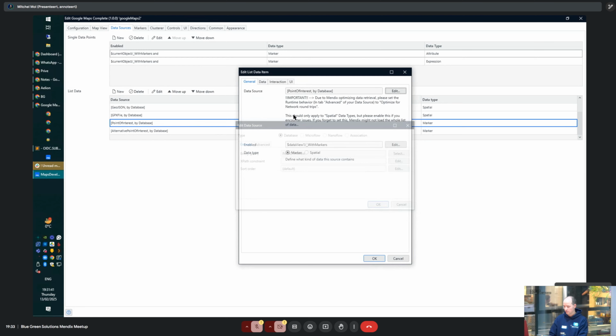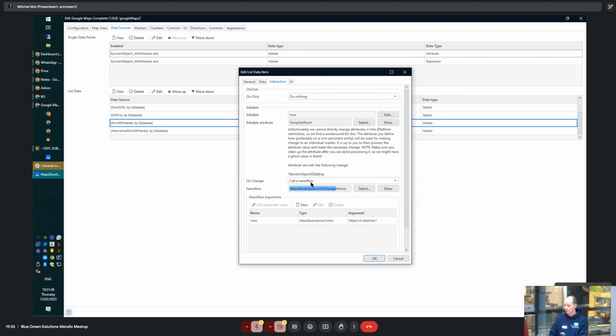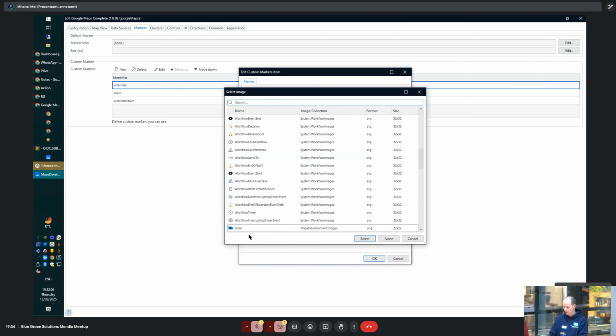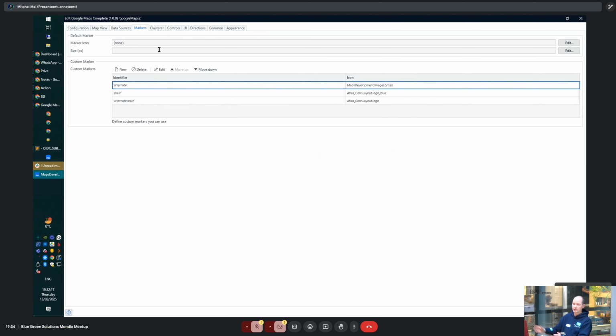We specify a nanoflow on here that's being called when you change the marker. And then also what the name of that marker is, because that interfaces with the marker specification, where you can say, okay, this particular marker has this particular image on there. And then because you also have clusters, and the clusters work in a certain way, you could also say that certain items, if they're clustered together, have their own type of image. For example, if you have tickets on there and you have stakeholders, and the tickets grouped together need to look like a bug or priority ticket, etc. And then if they're all together, they are a nice rainbow.